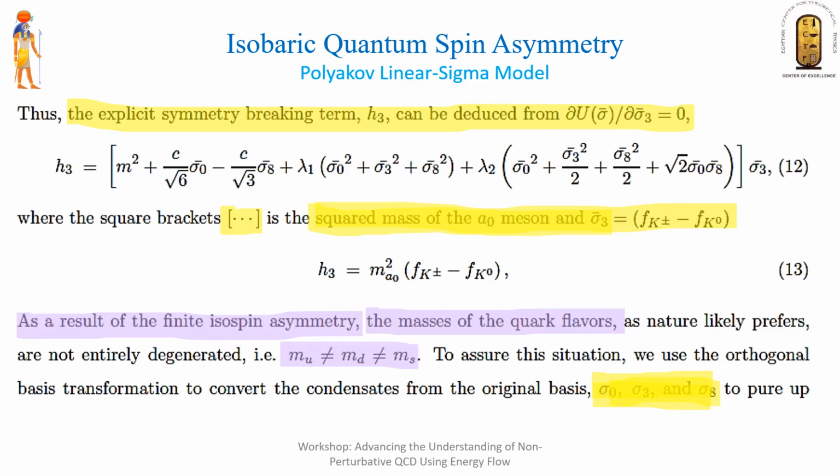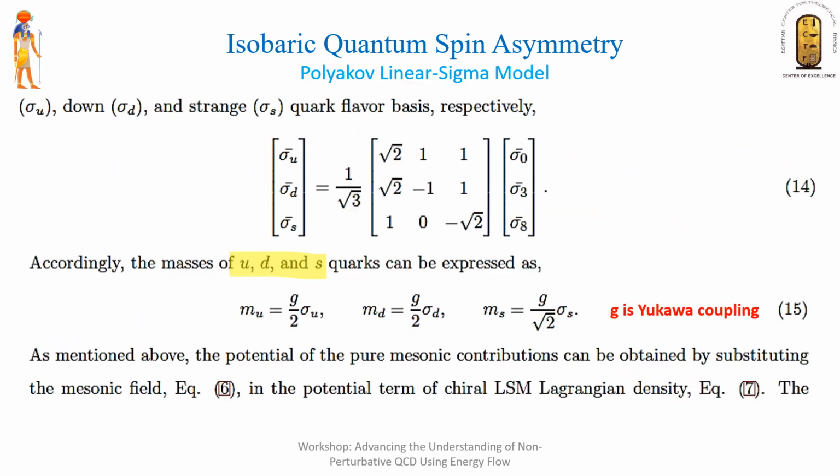They are not degenerate. To assure this situation, we use orthogonal basis transformation to convert the condensates sigmas to their original sigma 0, sigma 3, and sigma 8 form, where we have now related sigma u to sigma 0, sigma d to sigma 3, and sigma s to sigma 8, for instance. Accordingly, the masses of the up, down, and s quarks can be expressed in this form here, where G is